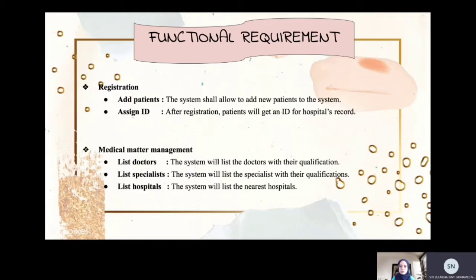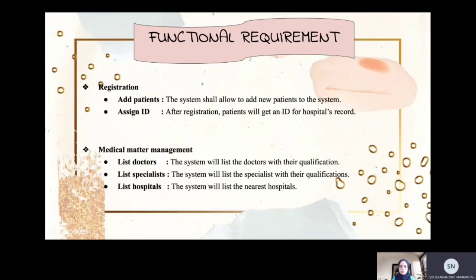Next, medical matter management. In medical matter management, it has three functions, which are list of doctors, list of specialists, and list of hospitals. In list doctor, the system will list the doctors with their qualification, so that the patient can choose which doctor they want to treat the illness, and the patient also can choose the doctor by their qualification.